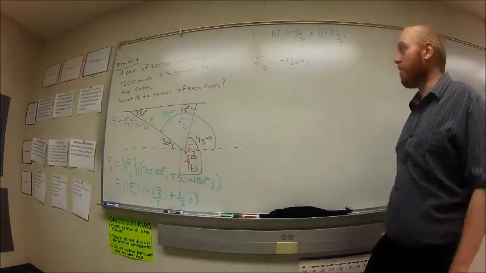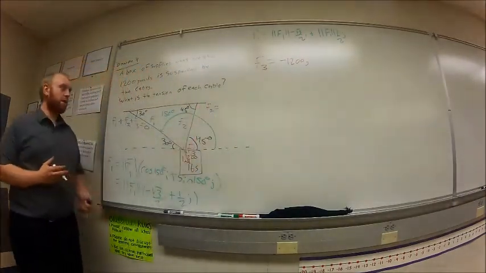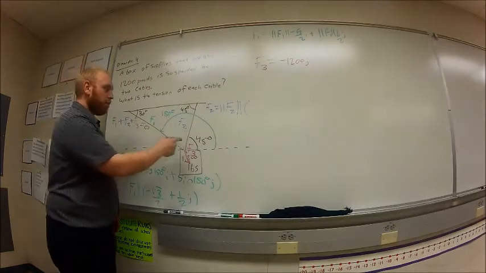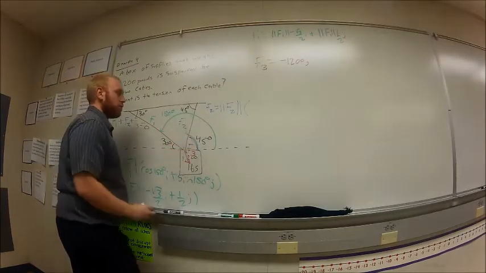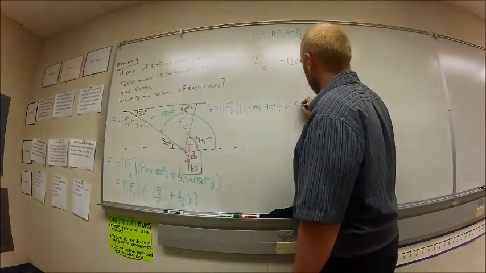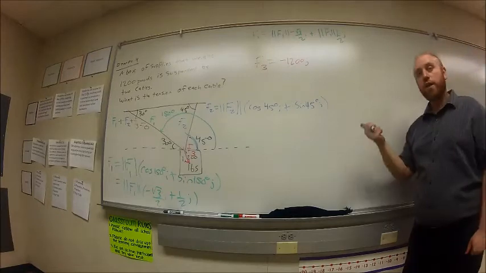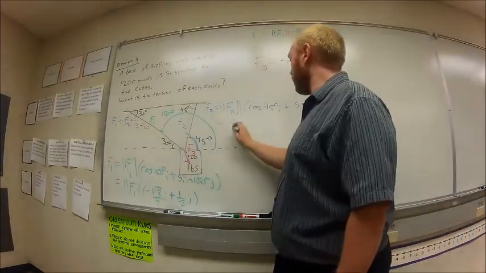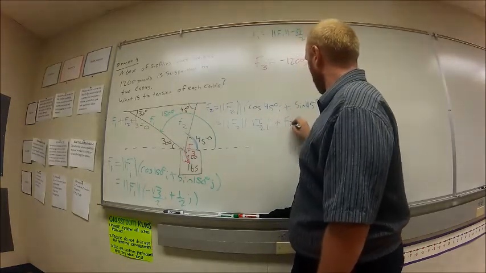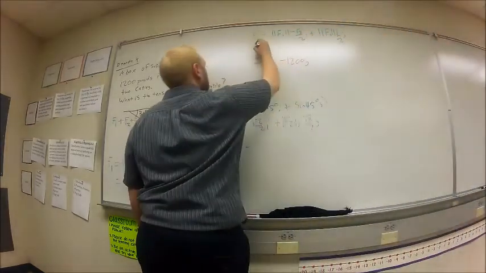And now let's play the same game with F2. So I'm going to come up here and play the same game with F2 real quick. F2 has to be its magnitude, this is a formula from yesterday, times the cosine of the direction angle. Well, the direction angle for that one is just 45 degrees. So cosine 45 degrees I plus sine 45 degrees J. And then simplify and distribute. This equals, and that's what I'm going to put back up here. F2 equals